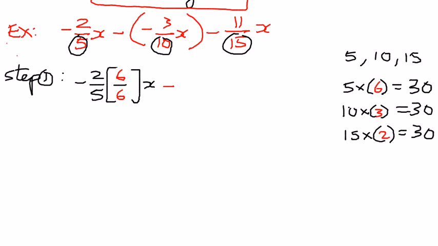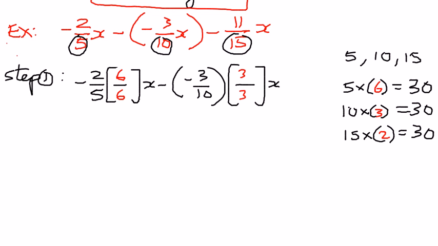Minus of negative 3 over 10, and then we want to multiply and divide this by a number, and this time this number is going to be equal to 3. As you can see, 10 times 3 is 30. By multiplying and dividing it by the same number, we are not changing it, but at the same time writing it as its multiple. So therefore, we have an x there, and then the last term we have here